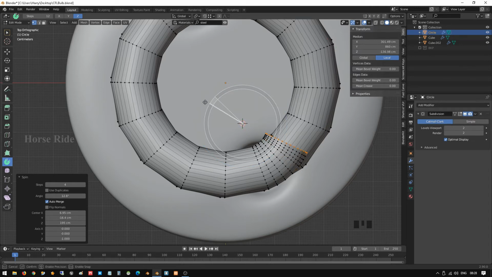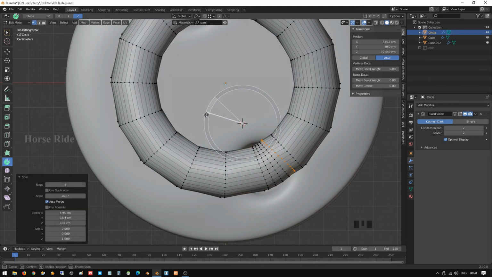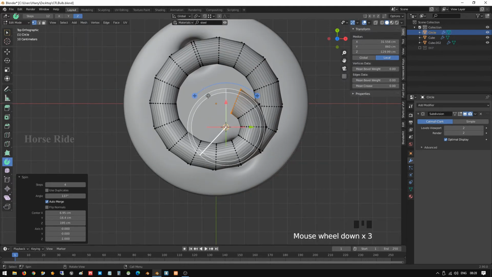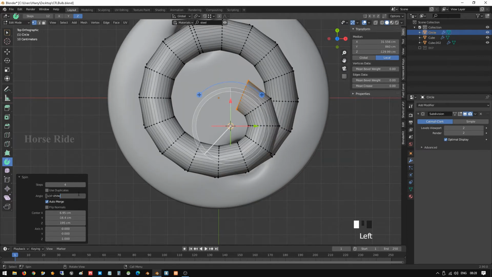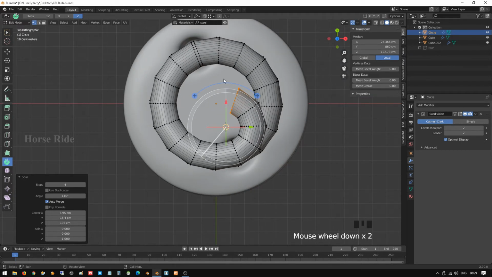Okay, I make it Control Z. I make it 140, that is correct. Make it 140 and press enter. Now it has created a 140-degree angle, right?